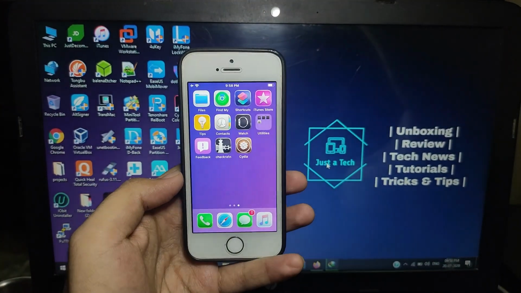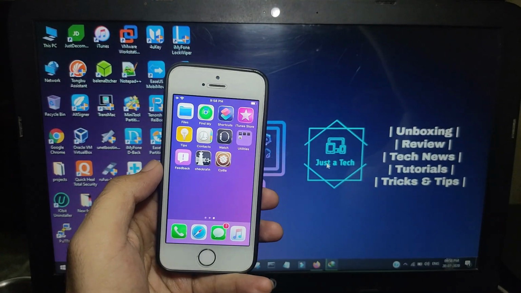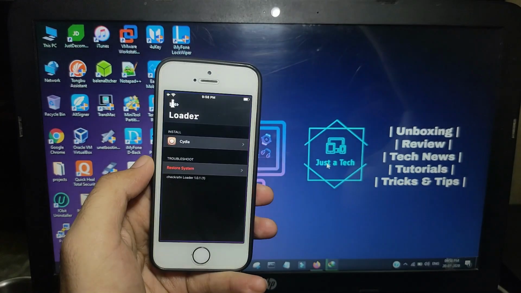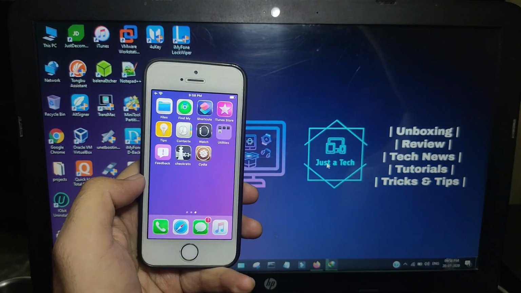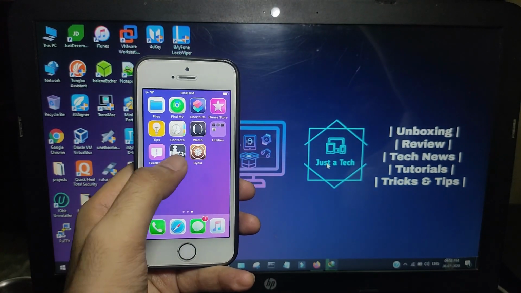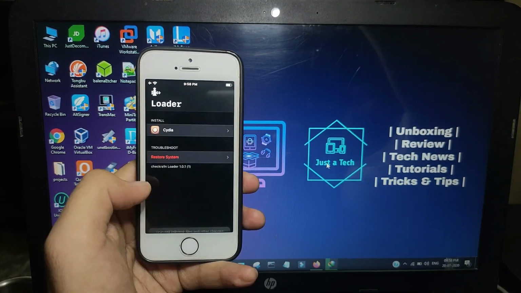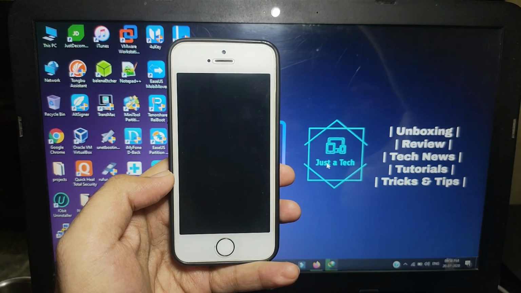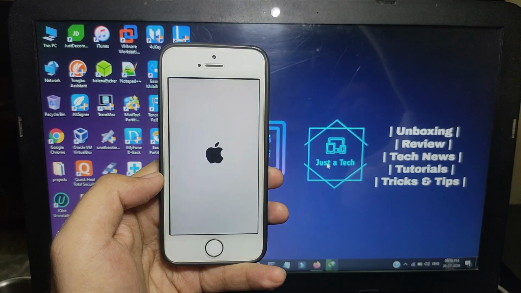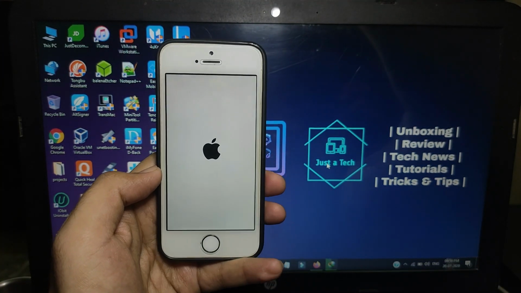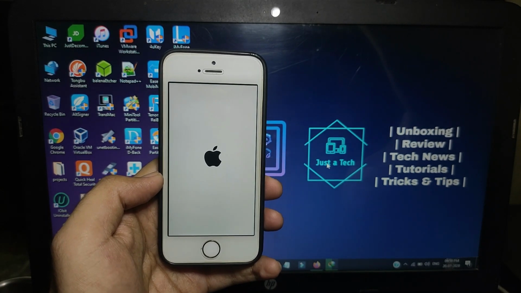And one more thing, if you are already jailbroken with Checkra1n, just go to the Checkra1n Loader app and click on Restore System. If you are not jailbroken and you are a fresh device, skip this step. This is only for the jailbroken user. You have to unjailbreak your device first to install Sileo on your device. So make sure that you first remove Checkra1n completely from your device and then move further. Just click on Restore System and it will delete the Checkra1n and Cydia packages from your device. It will reboot your device and then you will get back directly to the home screen.